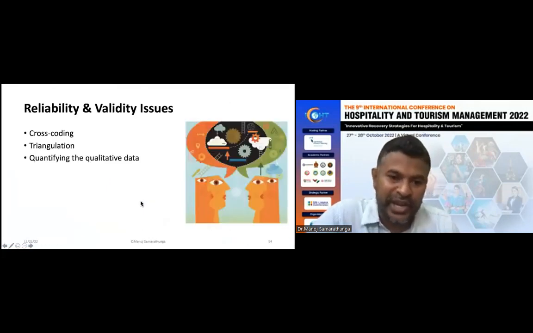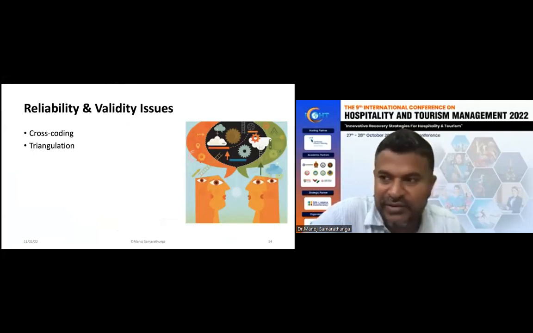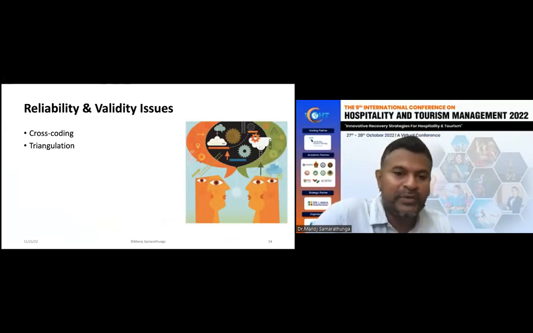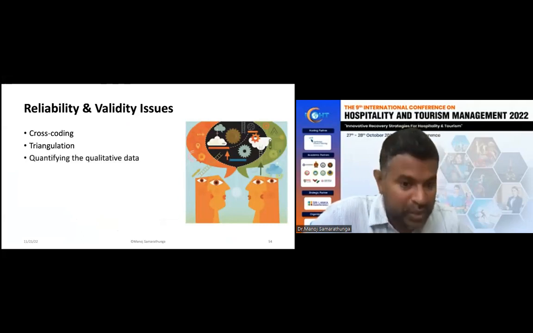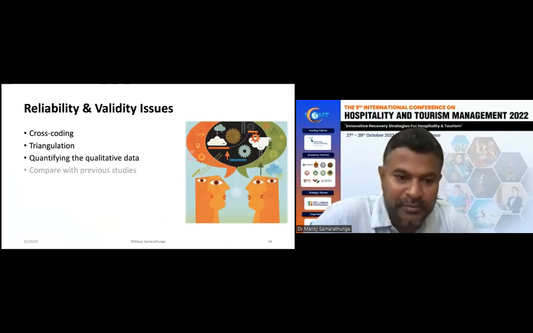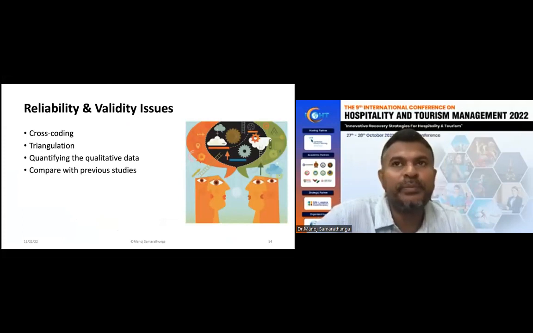And you can use triangulation. I'm sure you know about method triangulation, data triangulation, theory triangulation, researcher triangulation, all these methods. So they're also important to ensure the reliability and the validity of qualitative research papers. Quantification of the qualitative data is important, and in the discussion, importantly, you need to